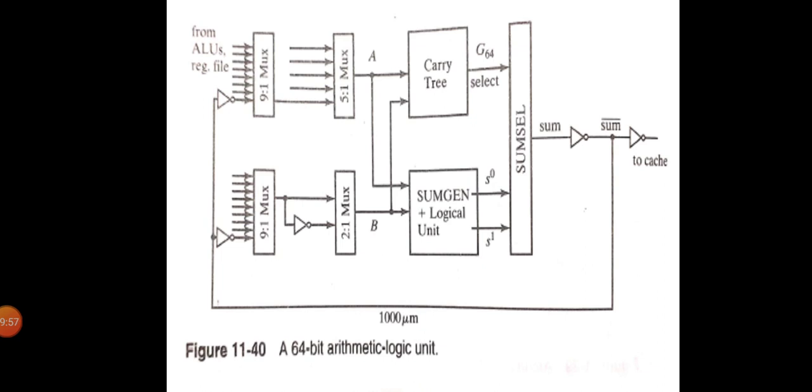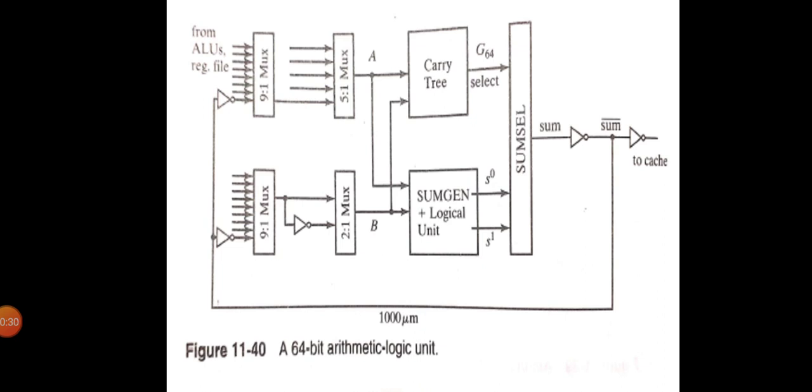The first pair of 9:1 multiplexers selects from 9 different input sources, 3 of which are from register files and caches. The other 6 are bypass paths that come directly from the 6 ALUs, since the microprocessor in question can issue 6 integer instructions in one cycle. One of the bypass loops actually feeds the output of the ALU back to its own input, creating a single cycle loop that defines the critical path.